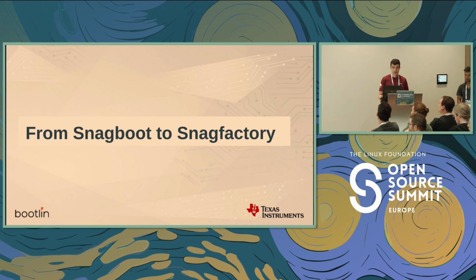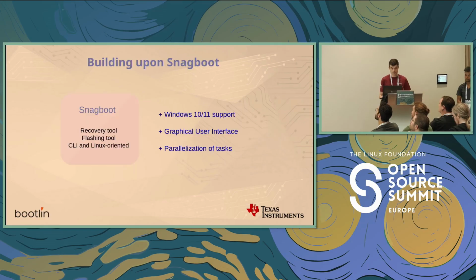This is all for the basic presentation of Snagboot, so now I'll actually explain how we extended the tool into something capable of doing factory flashing at a large scale. If we look at what we had before Snag Factory, we had two Linux CLI tools, a recovery tool and a flashing tool. And what we needed to actually meet the requirements of the project TI wanted to realize was